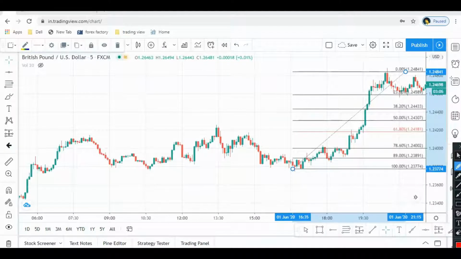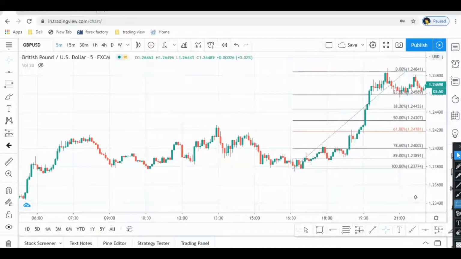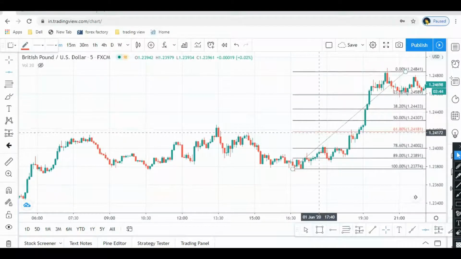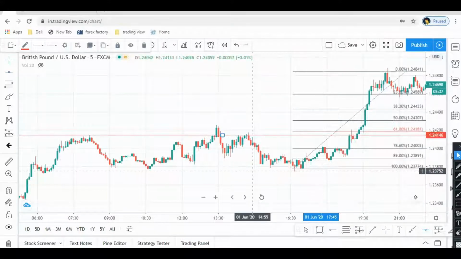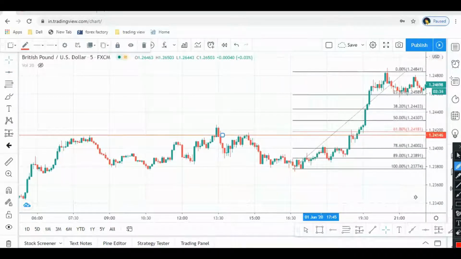Do you know why I have not placed it here? Because this is the exact area I should place a Fibonacci, because it touched all of the wicks, all of the upper wicks. So now find out 61.8. So as you can see, 61.8, it's not much reliable. So what I will do, I have to find the nearest, so this area. So as you can see, this particular area is a next retracement near to the 61.